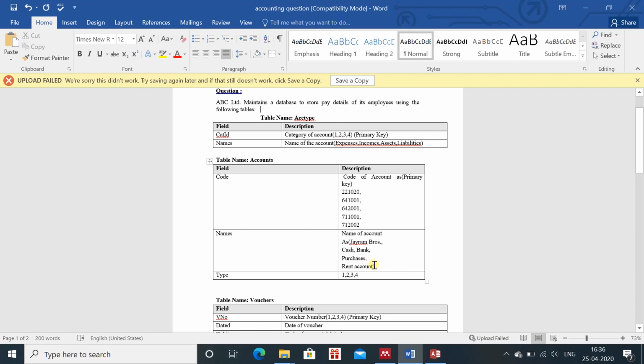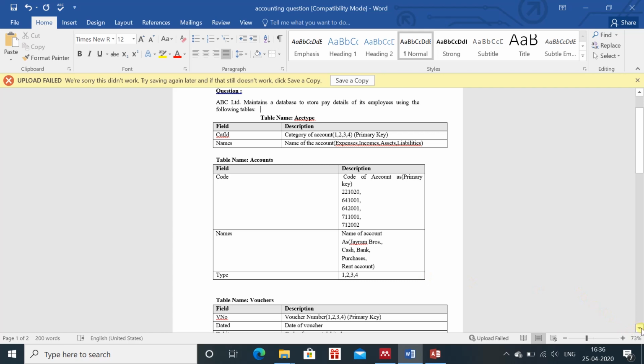Then suppose we are talking about rent. In that case, rent is an expense, so in front of rent, 1 should be there. If we are talking about liabilities, Jairam Brothers is a liability, as you will see in the question, then in front of Jairam Brothers, 4 should be written.